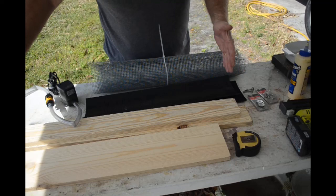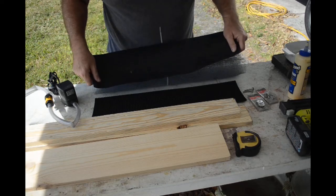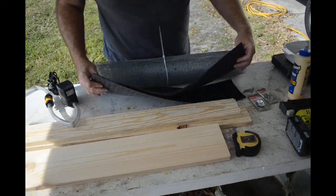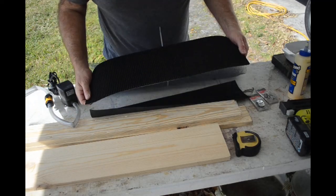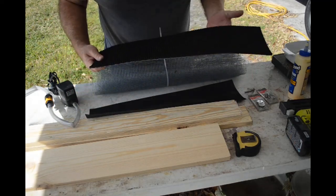So then I'm going to make it 2 feet long to match my sluice mats I have from my mini clean out sluice. Now you can make it any dimensions you want. If you've got different mat, you can cut it to any length you want, any width you want. I'm going to go with 2 feet by 5.5 inches just because that's what these mats I have are already